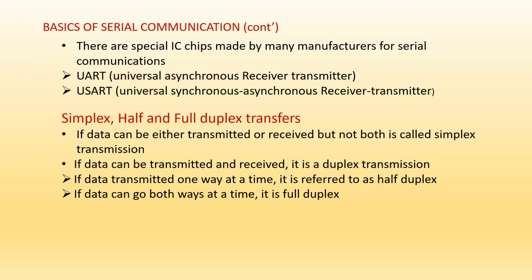So that is nothing but the sender sends the data, and later only the receiver can send the data. Both the sender and the receiver cannot send the data together. So that is nothing but half duplex. There is only one channel or one transmission path between the sender and the receiver. Either the sender can send the data or the receiver can send the data, and the other party can receive the data. That is half duplex.